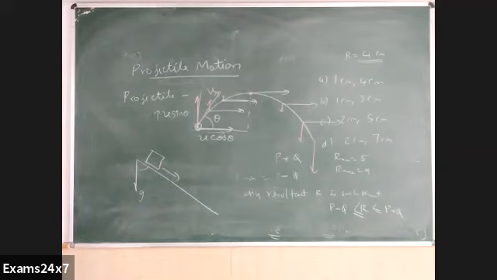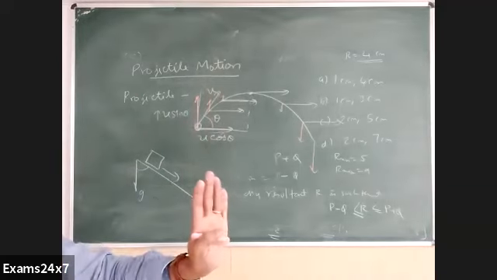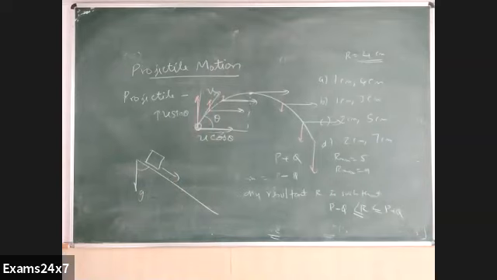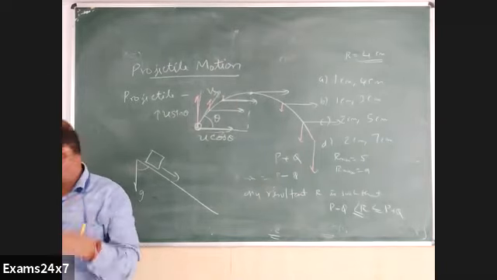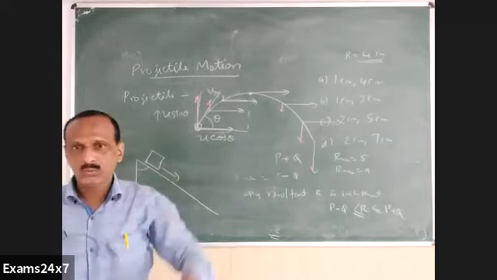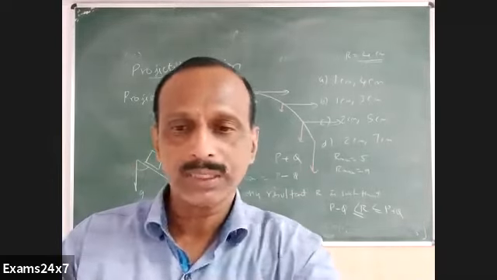So you can consider this as a combination of 2 different velocities behaving independently, no connection. U cos theta one, u sin theta another. Just like 2 friends who do not speak to each other now. Some clash they had and they have got independent behavior. Even when they are face to face, not smiling as if they are very strangers. That way u cos theta and u sin theta have no connection. They have totally different behaviors. U cos theta remains a constant, u sin theta decreases, becomes 0 and then again increases in the downward direction. So with these basic things, you can go for a few derivations, equations, problems, etc. We'll see the next.